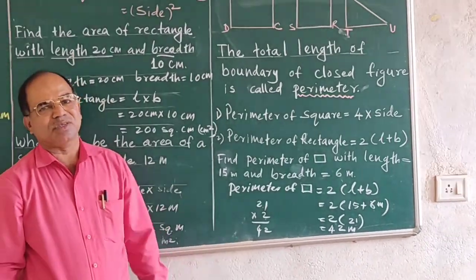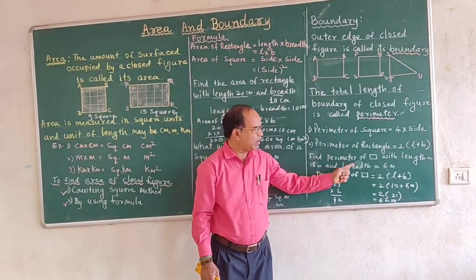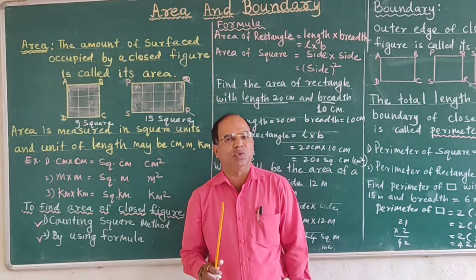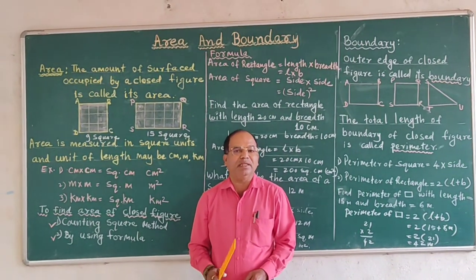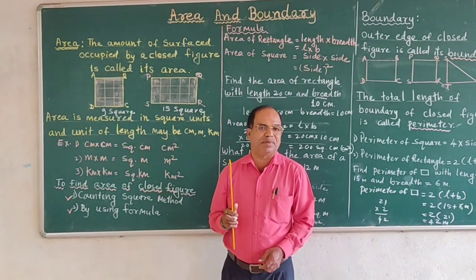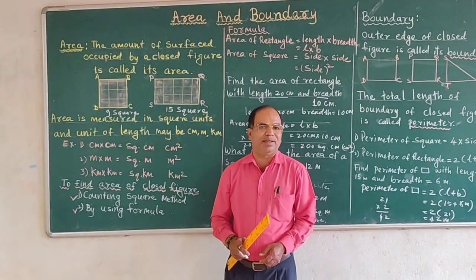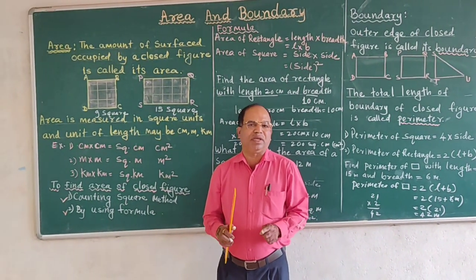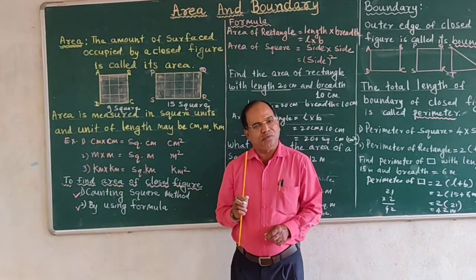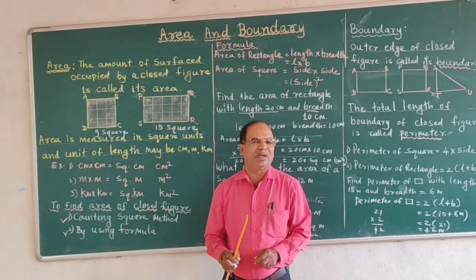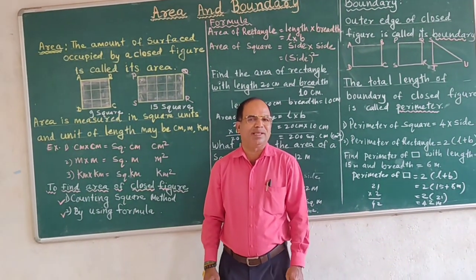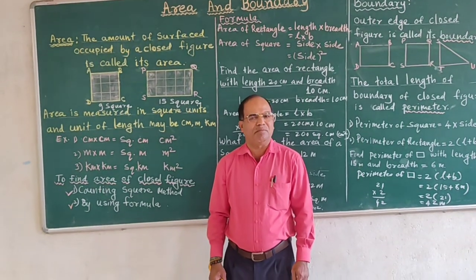So with this you can also find the perimeter of a square and the perimeter of a rectangle with the given measurements. Here you learn to find the perimeter and also the area with the given length. In the previous third chapter you learned how to find the perimeter and area with the figure. Here figures are not given, only the length and breadth or whatever length is given in the example. You have to find out what is given and what is asked, that is the perimeter or area. So with this I conclude today's topic, that is area and boundary. Thank you.